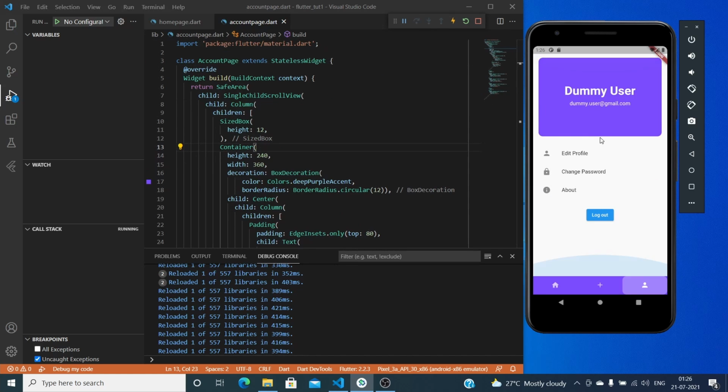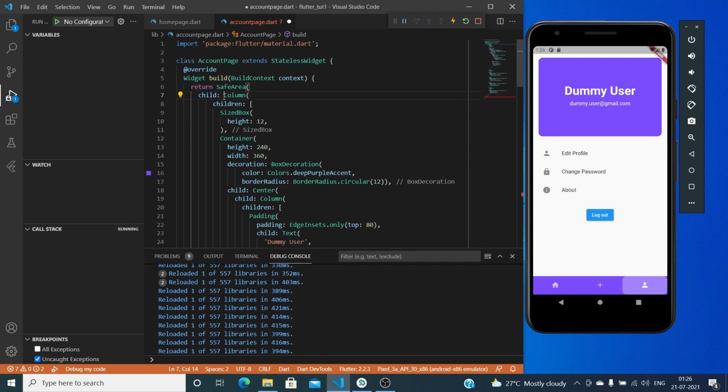Yeah, for now having the single child scroll view and the column combination is totally pointless. So let me just do this,